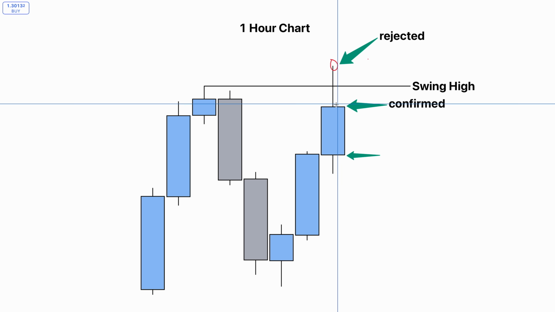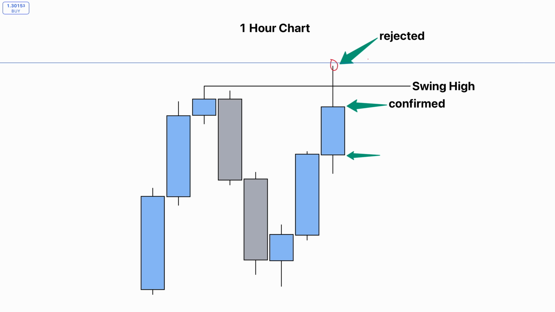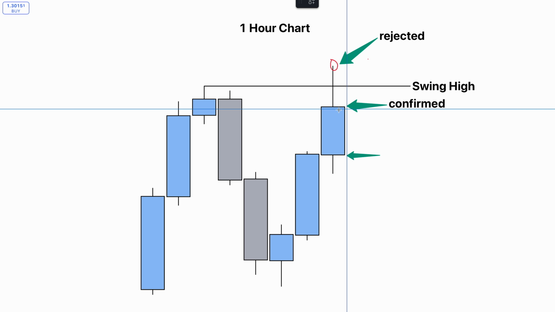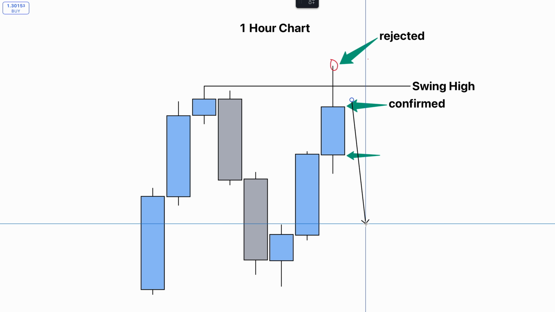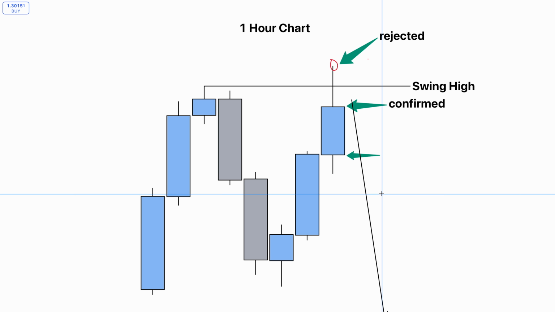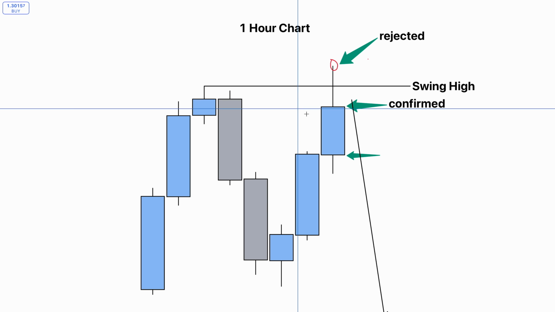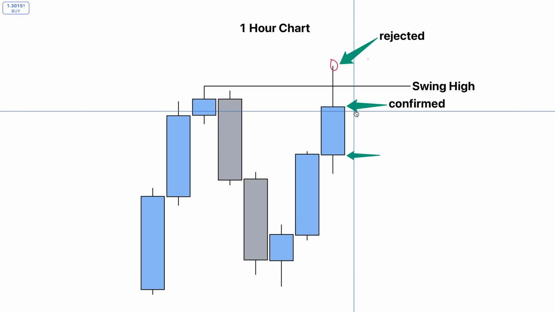So this market attempted to push higher but failed to close above, which actually rejects entirely the concept of seeing closures and continuations above this level, and instead suggests that maybe we could move even lower, because we haven't closed above the high, so we've rejected a new high, maybe indicating that we could be ready to turn into a